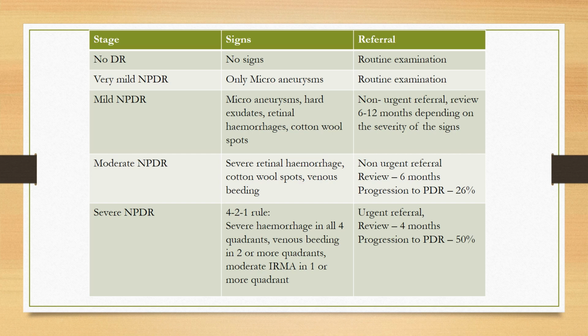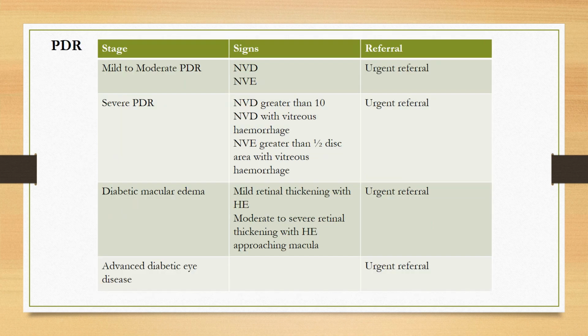Okay, so NPDR is non-proliferative diabetic retinopathy. So these are the various stages and signs for NPDR. Then we'll move on to proliferative diabetic retinopathy. This is again classified into mild to moderate, then severe, then the one which develops into diabetic macular edema, then advanced diabetic